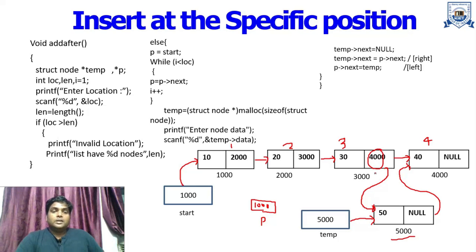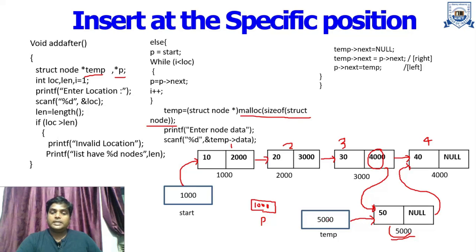So first of all, we have to move from this location to this location, because we want to insert this node after position 3. For this purpose we generally use a temporary variable, that is p, and for creating this node we use the temporary variable temp. With the help of this temp, we just create this node. That means first of all we perform the dynamic memory allocation, that is malloc size of struct node. When we are using this, this node gets memory allocated and the address of this node will be moved towards this temp.